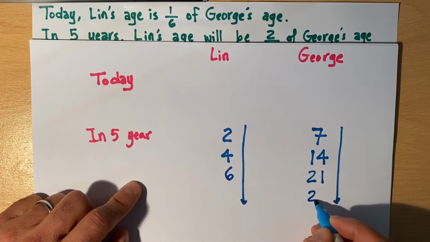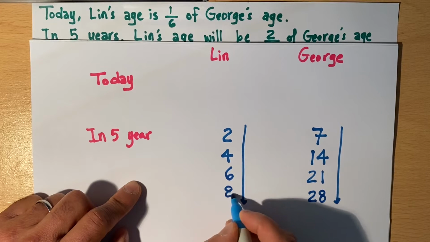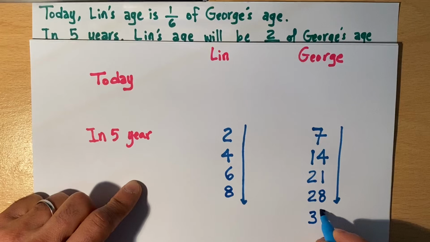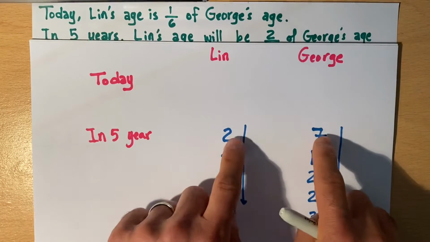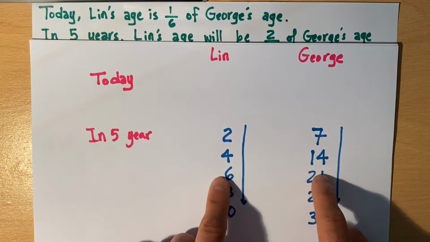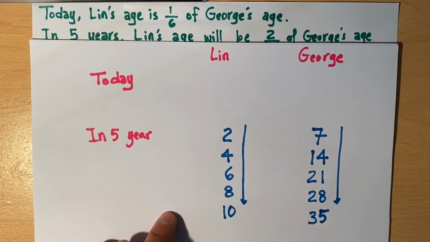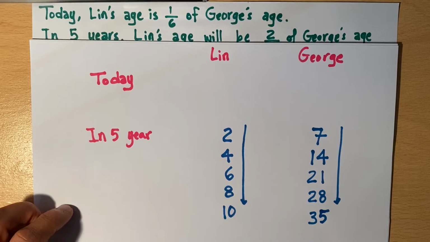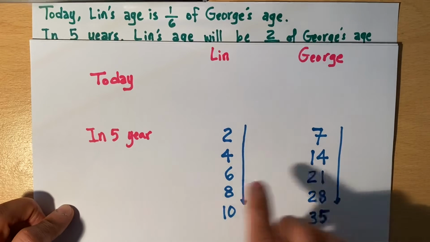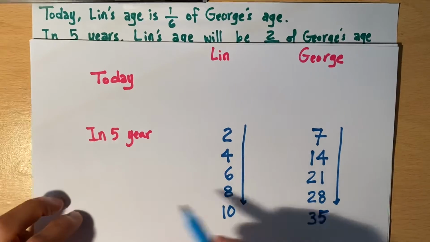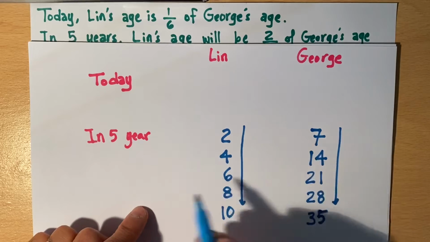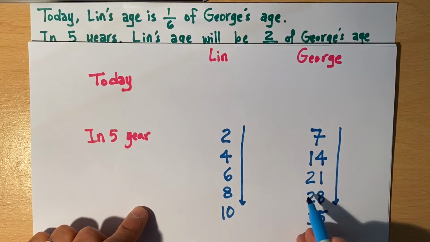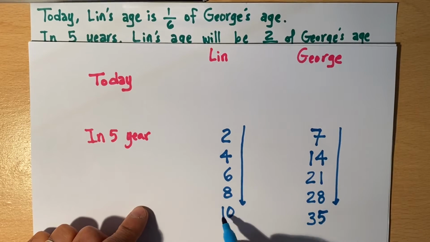It could be 28 to 8. It could be 35 to 10, and so on. 7/2, 14/4, 21/6. All these are in the ratio of 7/2. So we know that the answers in 5 years, the pairs are either 7-2, 14-4, 21-6, 28-8, 35 and 10,